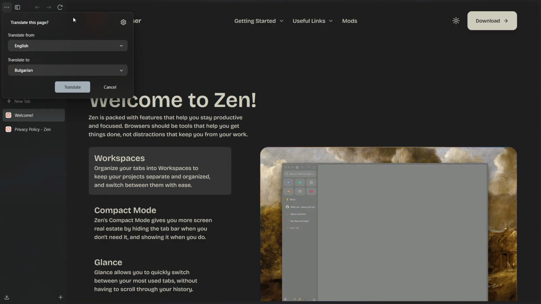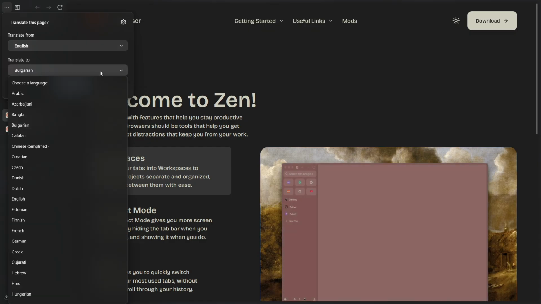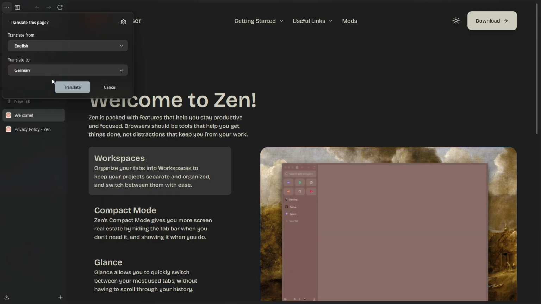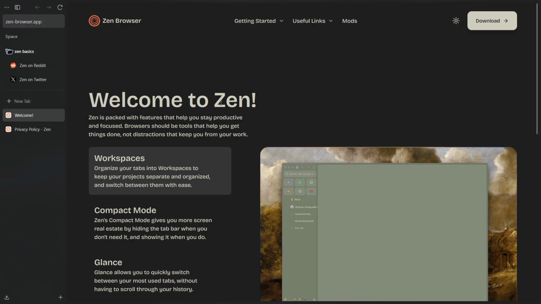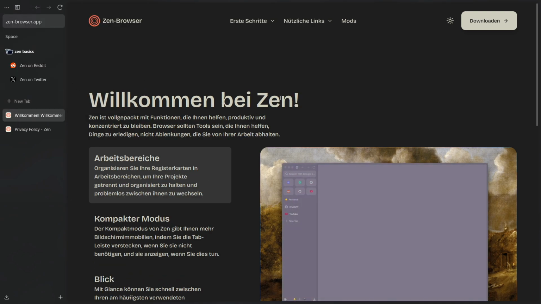Click on that and it's going to pop up this box here where you can select what you want to translate from and into what you want to translate. So if I go from English, because this is in English over here, and then I can just select a random language over here. So let's, for example, say German. You can then just select, click on translate, wait for a few seconds, and this is going to translate your